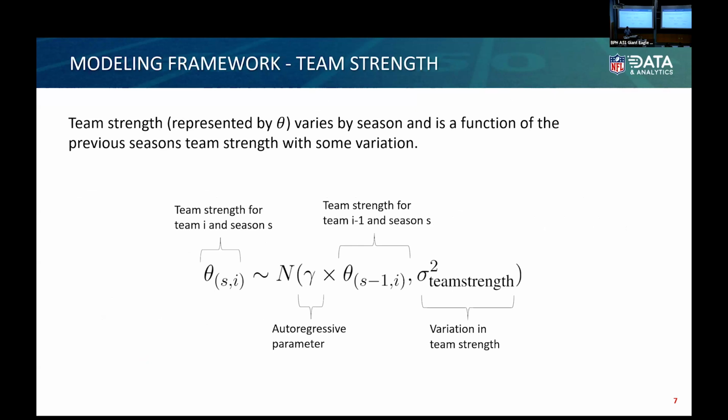the 2023 season, and then you're on a desert island, and you don't see any of the offseason, and then you start watching 2024. You can probably make an assumption that the teams that were strong the previous season are also strong this season, and the teams that were weaker the previous season are also on the weaker side. So it's a way to pass information from the previous season to the current season. Like, for example, the Chiefs won the most recent Super Bowl. I think most people are not surprised that the Chiefs are a strong team again this year. However, we have to include an autoregressive parameter. And by autoregressive, I mean bringing the teams, all of them, back toward the mean.